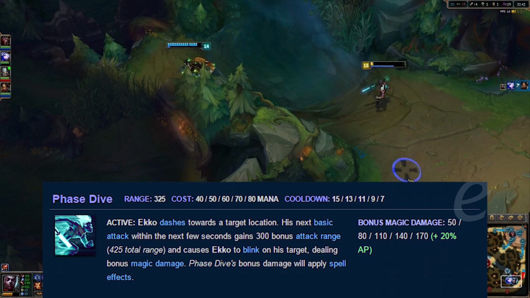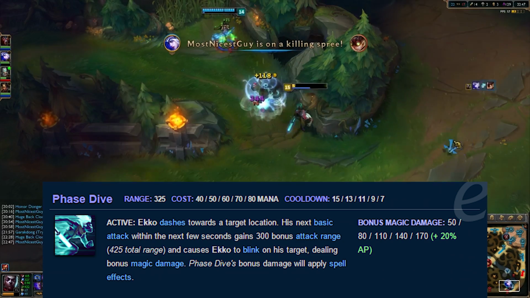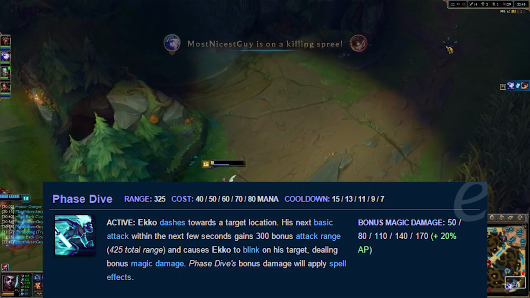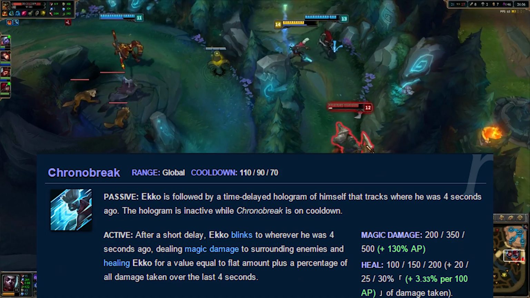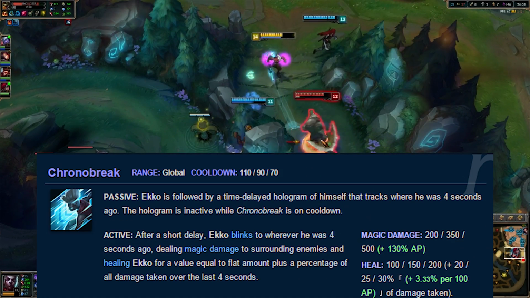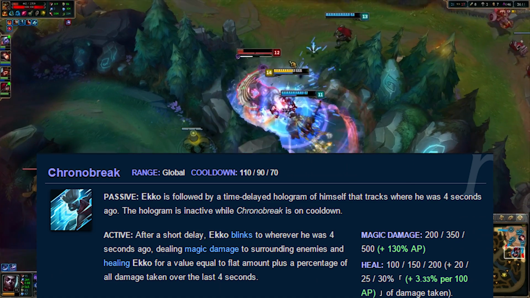At rank 5, it deals 170 plus 20% of Ekko's AP in damage, but it procs on-hit effects like Lichbane, and it works on structures. His R, Chronobreak is a spell that allows Ekko to return to where he was 4 seconds ago, dealing 500 plus 130%